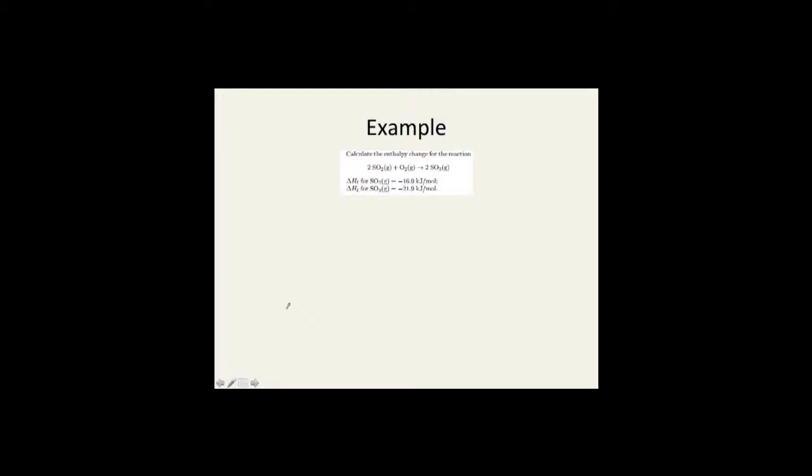In order to calculate the reactants, you would multiply 2 by negative 16.9, and then we would add that to oxygen, which would be 0 because it's a pure element, which equals negative 33.8,